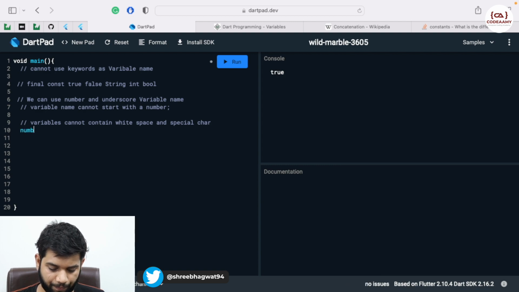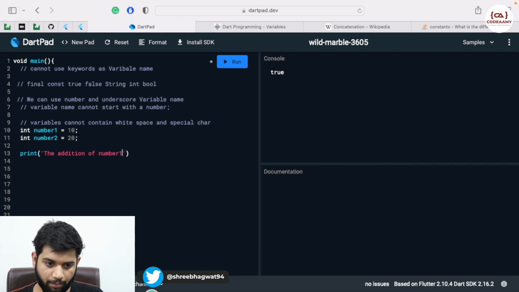Let me start with int number1 is equal to 10, int number2 is equal to 20, and now I will print a string value, the addition of number1 and number2.